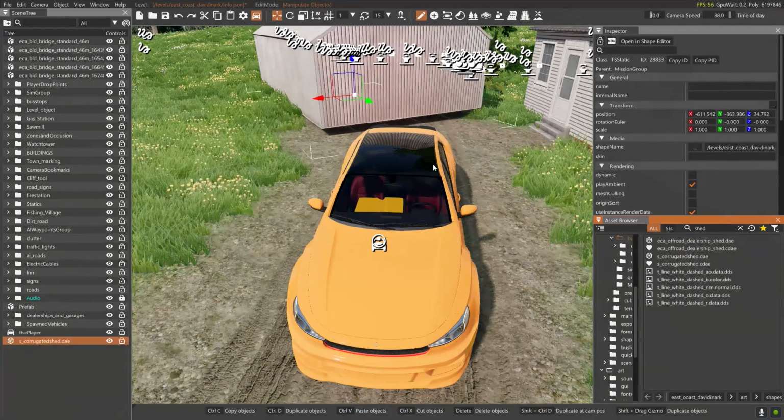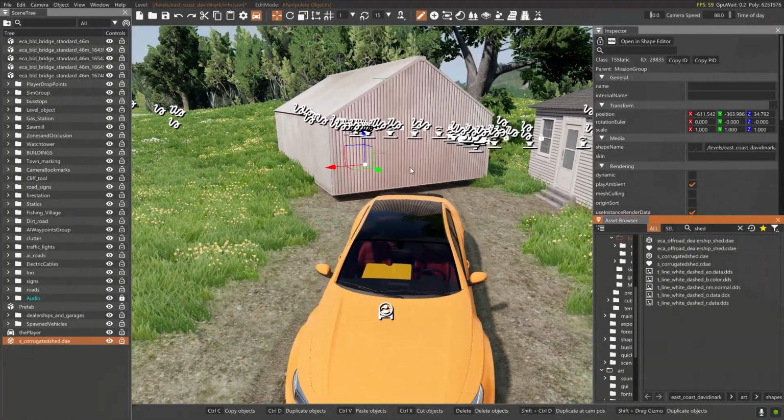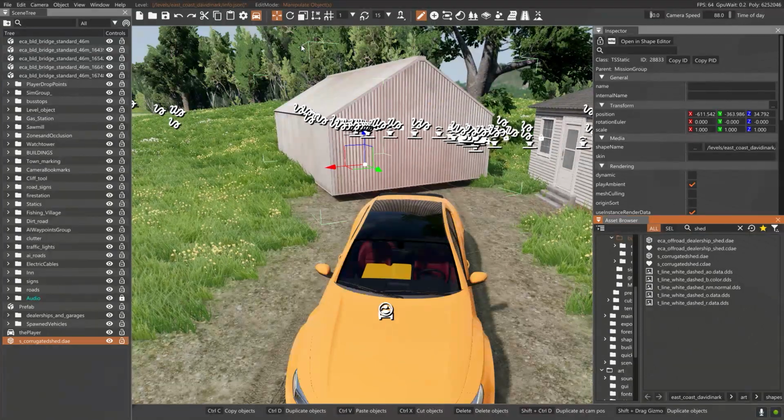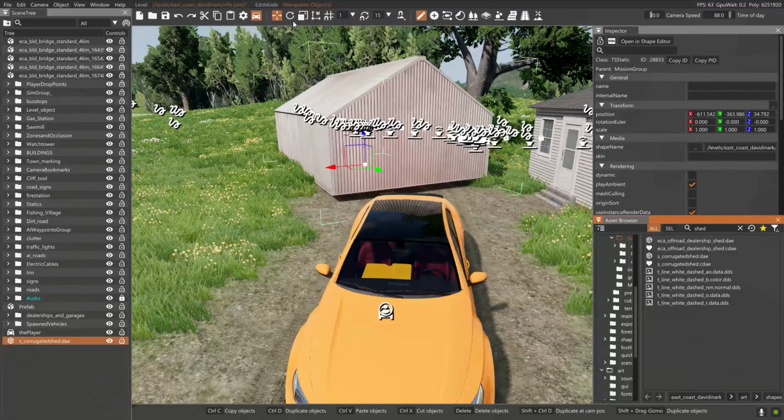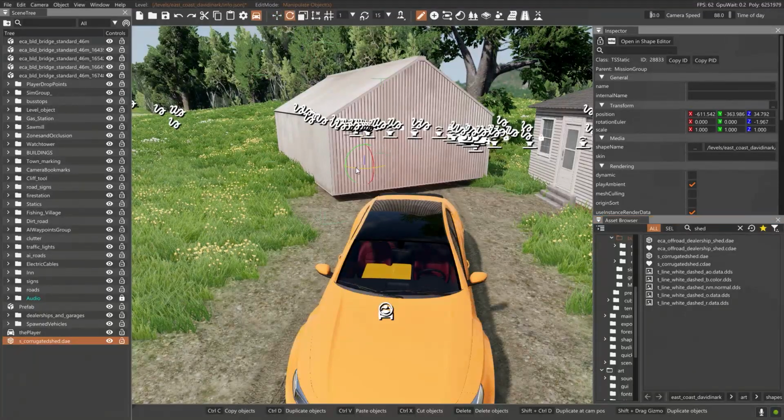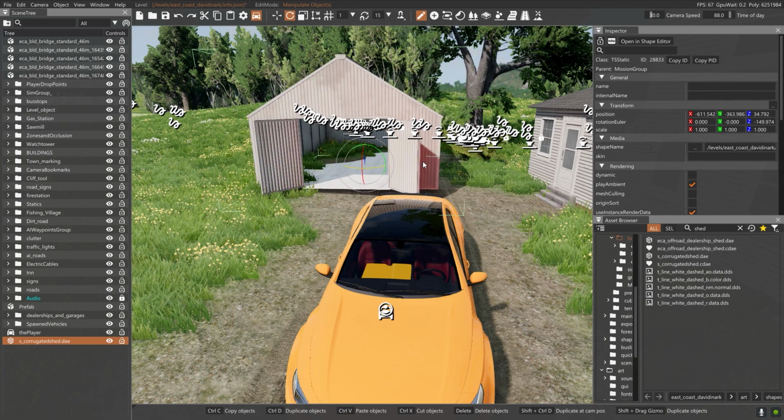There you go. And now we have the shed in the game. That is so cool. Okay, so the next thing we're going to do is we want to place it correctly, right? So I'm going to go up to the tools up here. We're going to rotate, and I'm going to flip this bad boy around, and then I'm going to use the